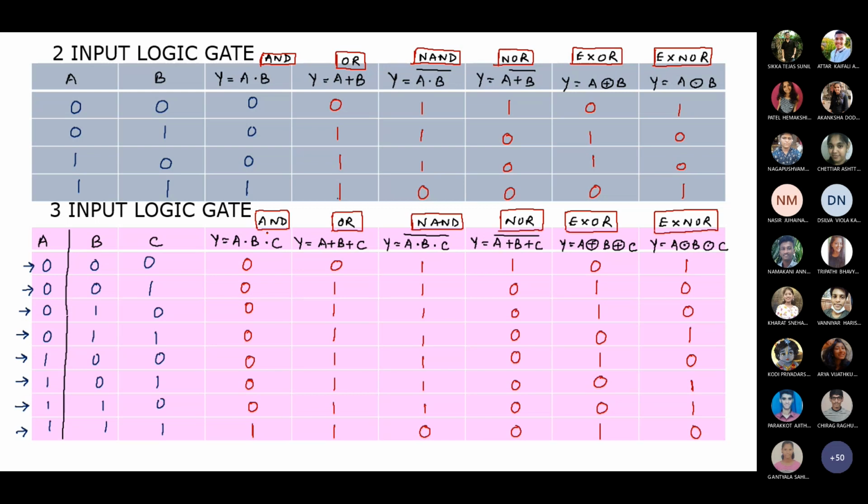What is AND logic says? What is AND definition? When all the inputs to AND logic gate are high, output is high. 2 input पे हमने लिखा when A and B is high, output is high. तो उसी तरह से अगर 3 input है तो when A and B and C is high, output will be high. Otherwise it will be low. If any one of the input is low, output will be low.